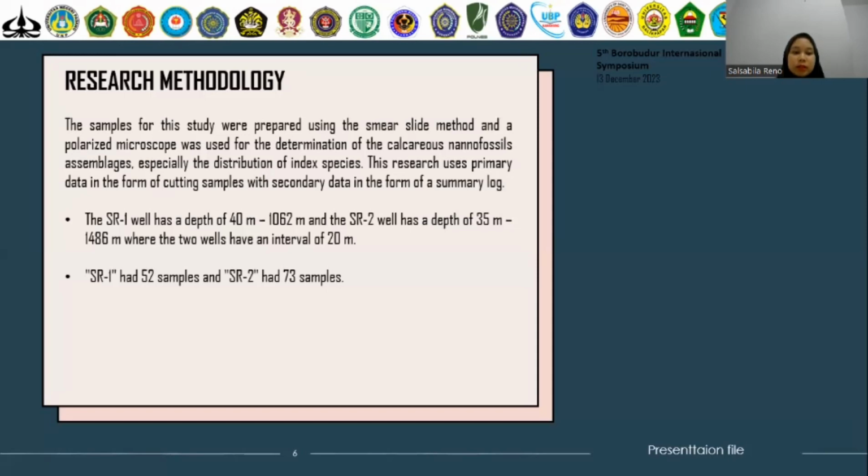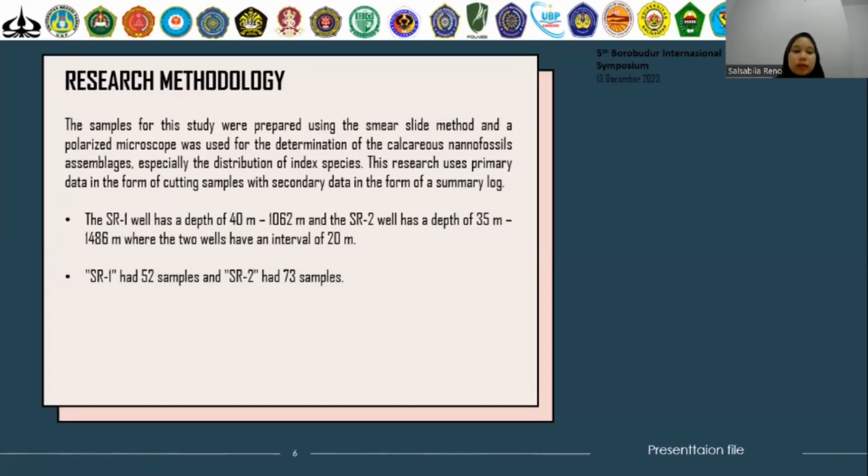For the research methodology, the samples for this study were prepared using the smear slide method, and a polarized microscope was used for the determination of the calcareous nannofossil assemblages, especially the distribution of the index species. This research uses primary data in the form of cutting samples with secondary data in the form of a summary log. The SR1 well has a depth of 40 meters to 1,062 meters, and the SR2 well has a depth of 35 meters to